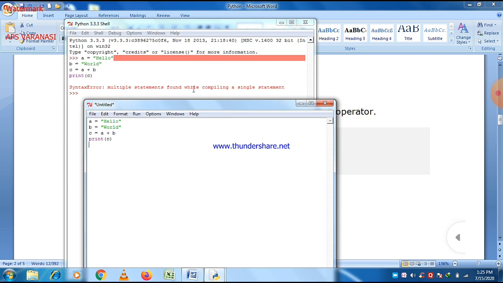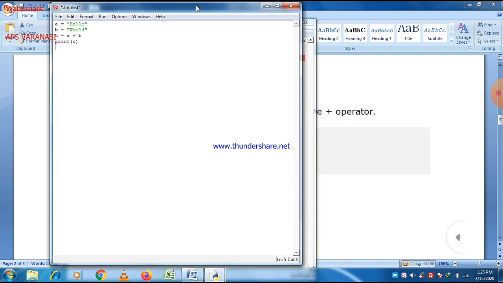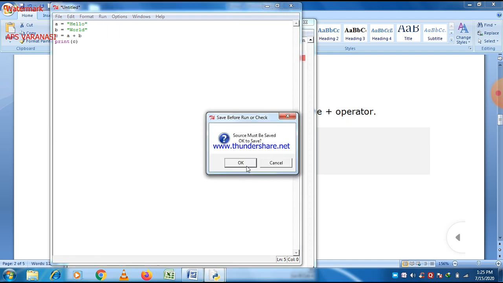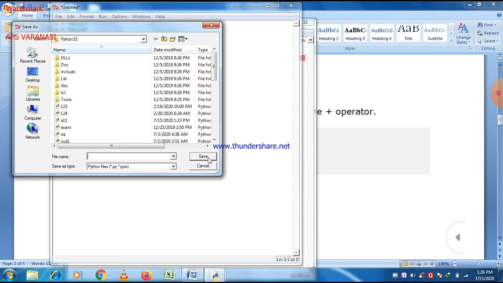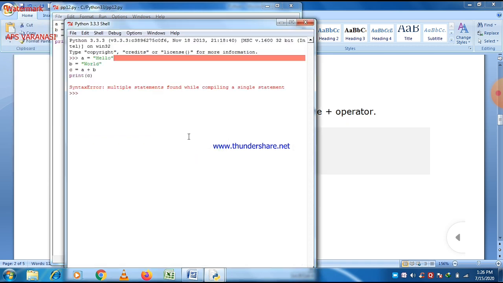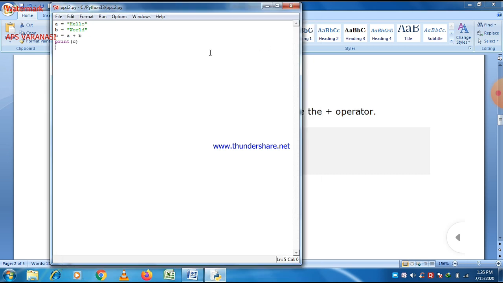Now this is a program, you can see here hello world, and just execute it. You can easily see that the output is helloworld. The two strings are added to each other after the execution of that statement of the program. So before execution, give the name of the program. Okay, you can see that the answer is helloworld, without any space between hello and world.